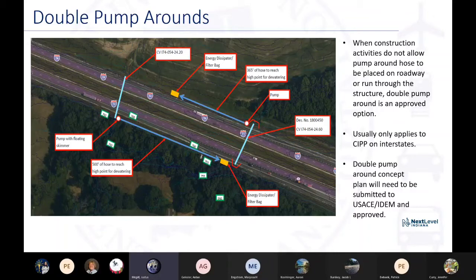In doing so, it still meets nationwide conditions, which is what we're trying to achieve, but it might require additional mapping or additional coordination on our part. Usually that just means that we provide a plan like the one shown here that shows the energy dissipators and how the pump is going to be pumped to a nearby culvert, and the approximations of the hose to be reached. The most important thing on here is probably elevation marks. We want to make sure that the water that's being pumped to the nearby culvert is actually reaching that culvert and it's actually being returned back to the original.